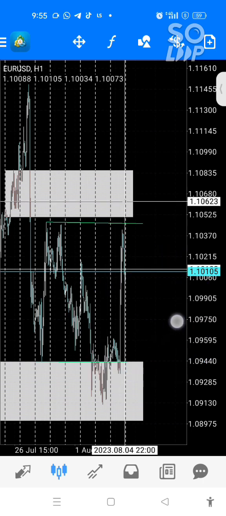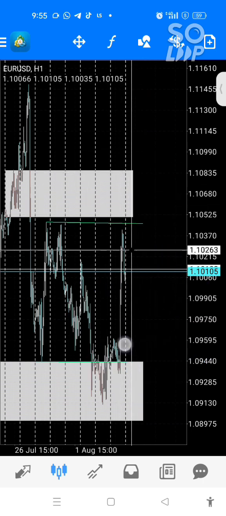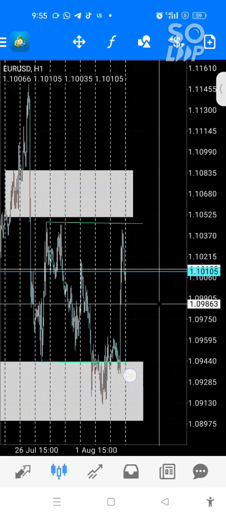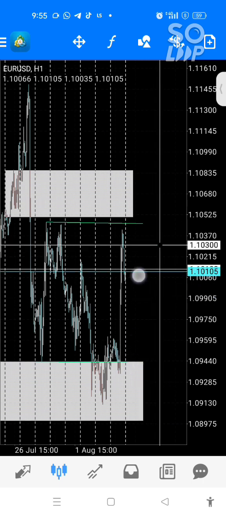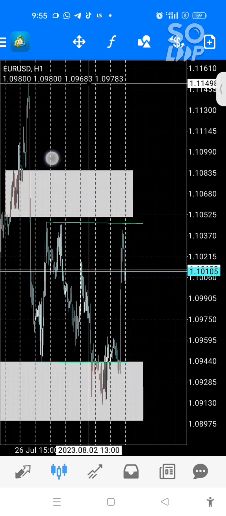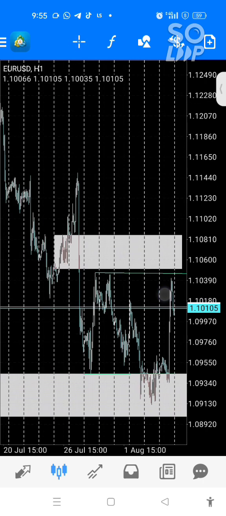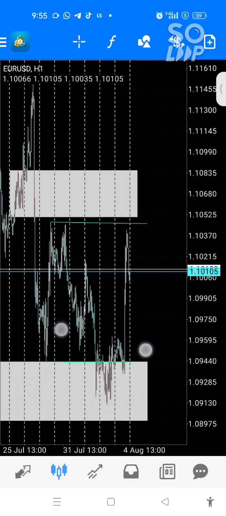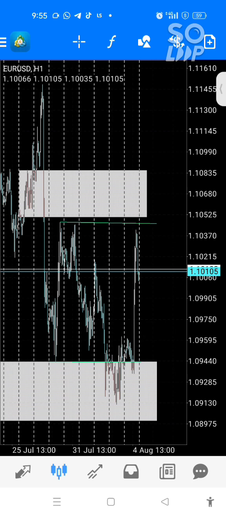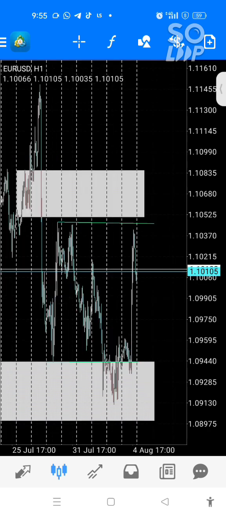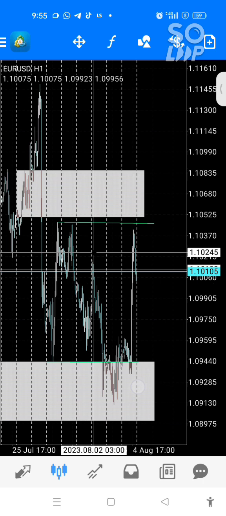But if the market breaks this high, we'll now just look for a kind of retracement, liquidity grab, and continuation to this high. Are you guys getting it? So this is how to look at price. And I think this is all I'm going to say for now. So you can see I'm using only bullish price action.